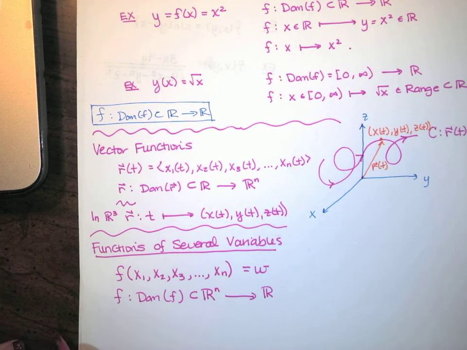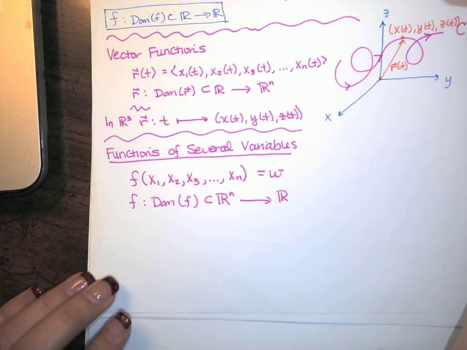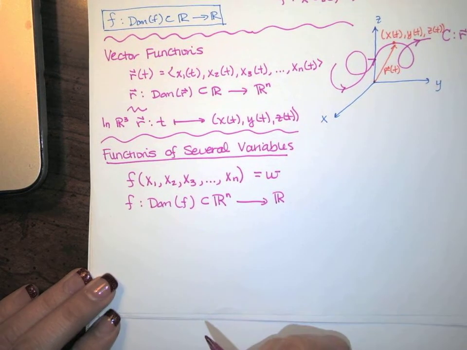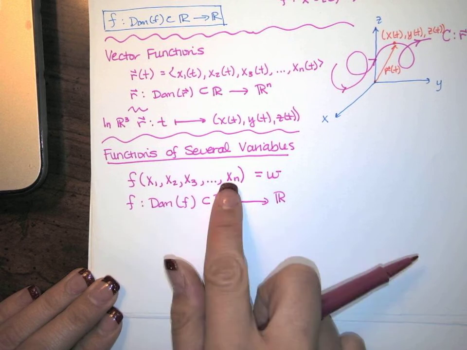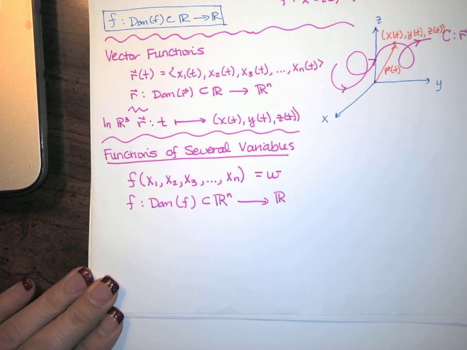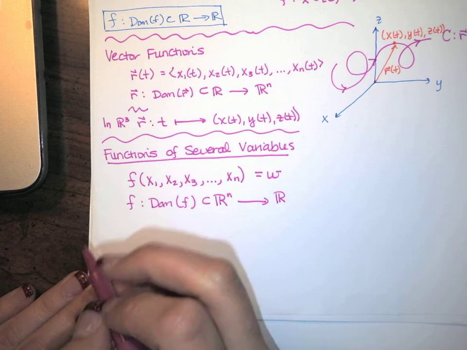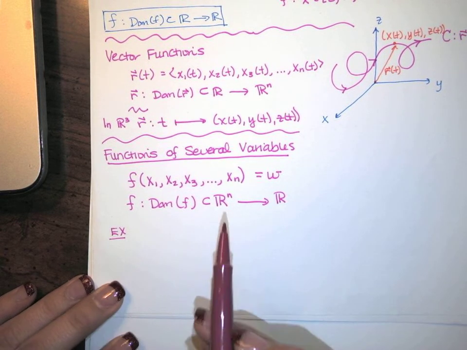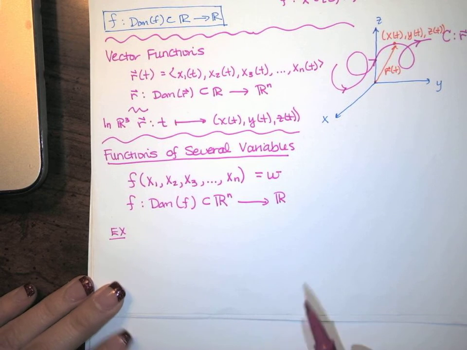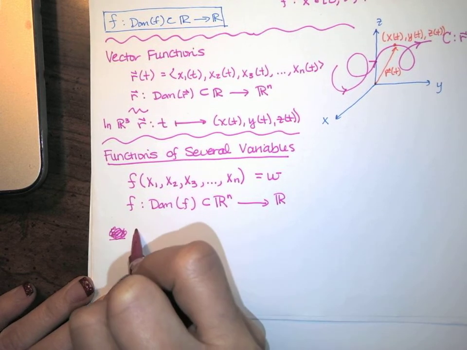Now, most of the time we're going to work with functions of 2 variables or 3 variables, but all the math holds for as many variables as we want, as long as that number of variables is finite. If it's not finite, there's actually another part of mathematics that would describe that as well. But for our class, almost everything that we're doing generalizes to Rn. Let's just say when n equals 2,